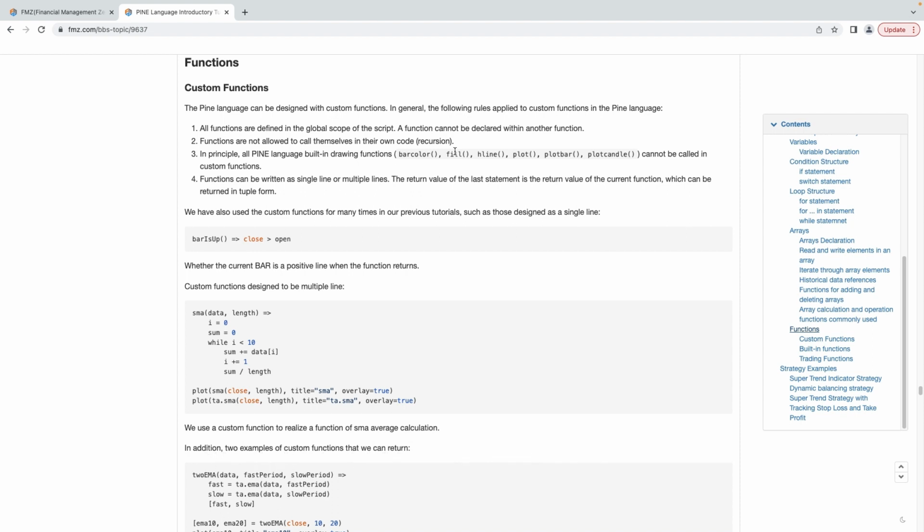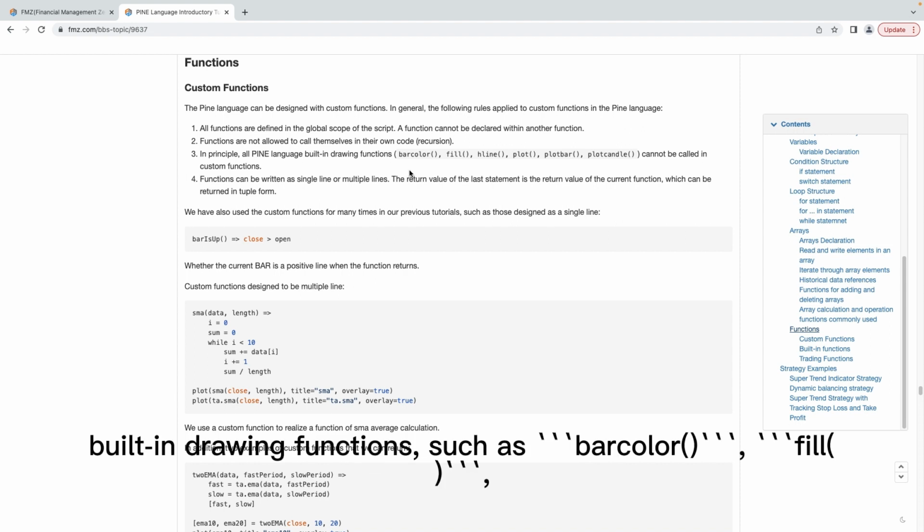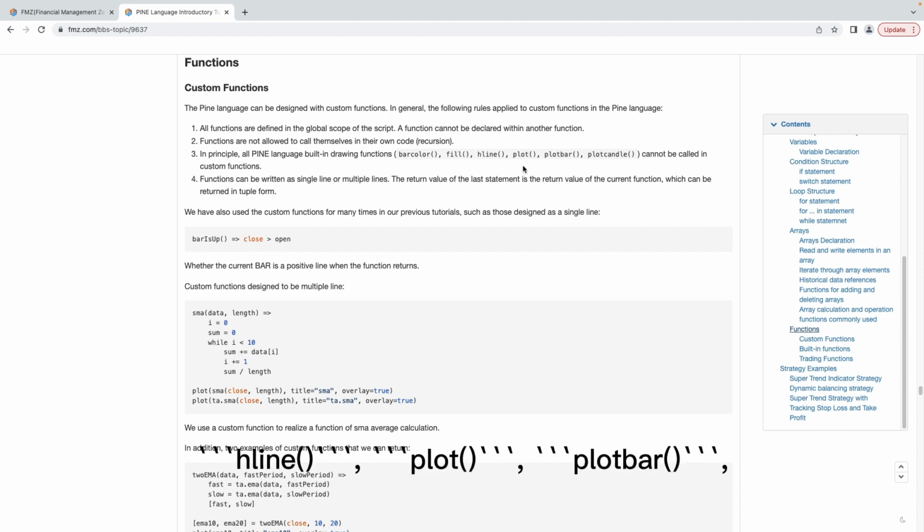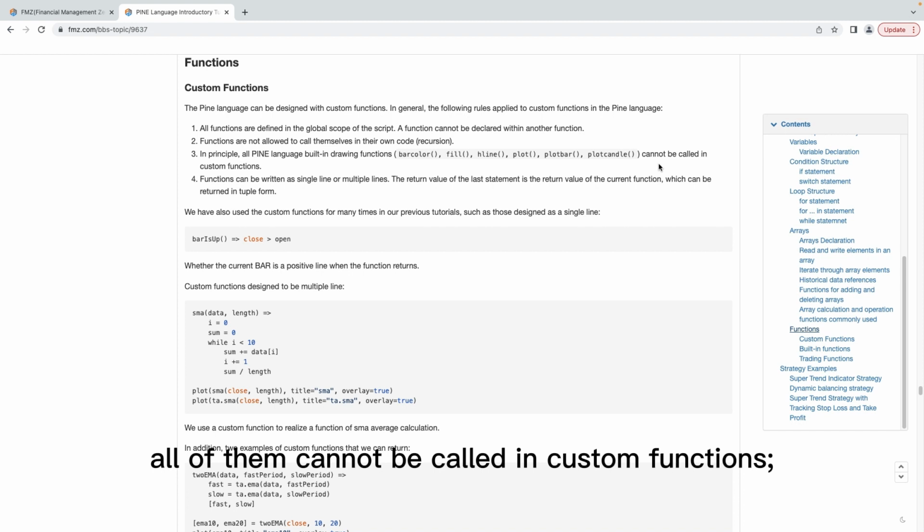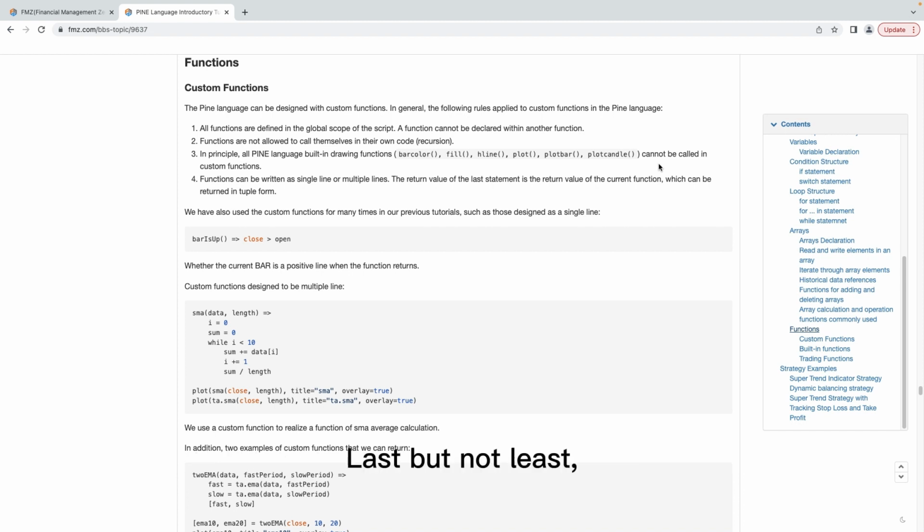Pine language. Third, in principle, all Pine language built-in drawing functions such as barcolor, fill, hline, plot, plotbar, plotcandle, cannot be called in custom functions. Last but not least, functions can be written as a single line or multiple lines. The return value of the last statement is the return value of the current function, which can be returned in